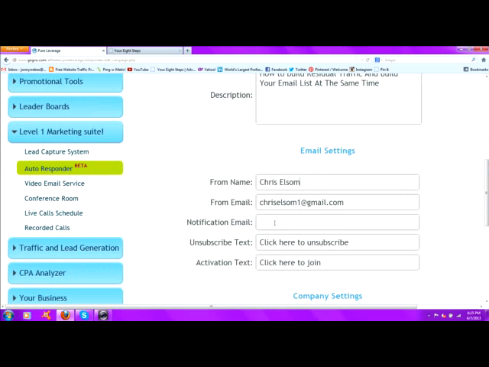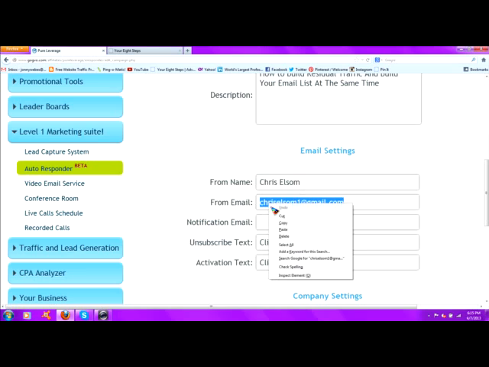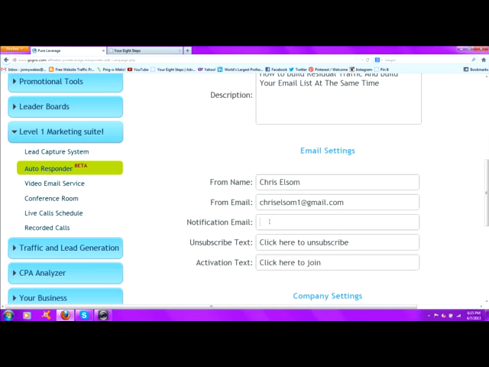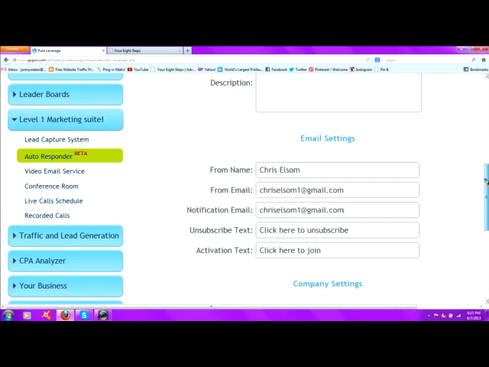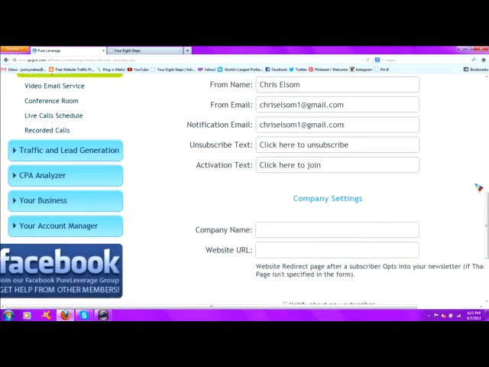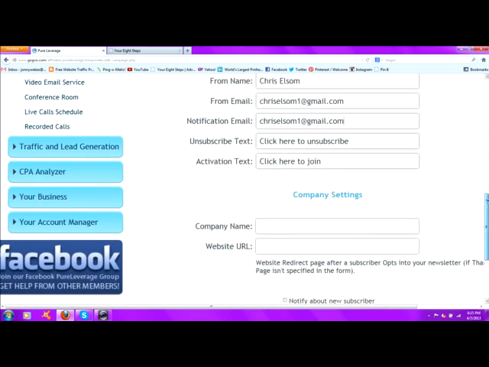The notification email is for if you want to receive notifications of people opting into your list. So we're just going to copy and paste the email that's in the from email field, and we're going to put this in the notification email field. And the click here to unsubscribe text, you just leave that the same, and the same with the activation text, just click here to join. And company name,